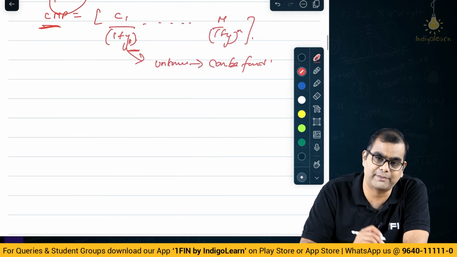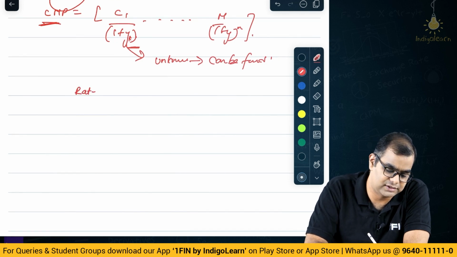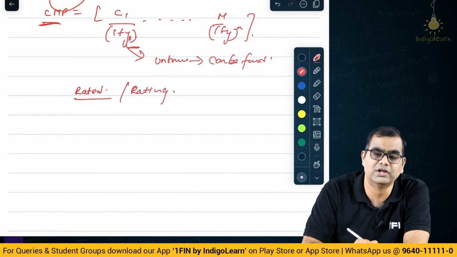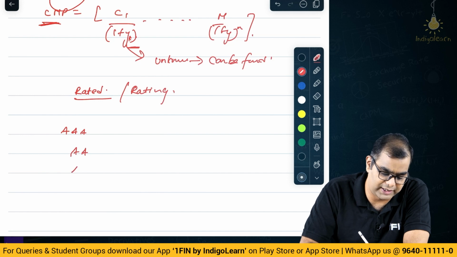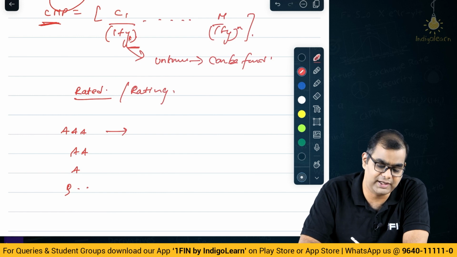So what generally happens in the market is, you have bonds that are rated. Every bond has a rating. This is basically credit rating. So if there is a AAA bond, AA bond, A bond, B bond, BBB, like that, you will have varieties of rating. So typically what they say is, this AAA is going at